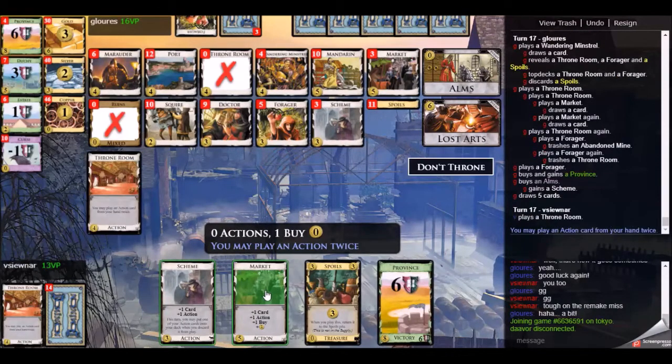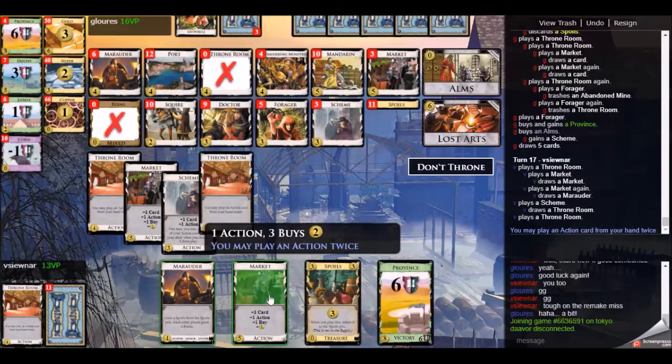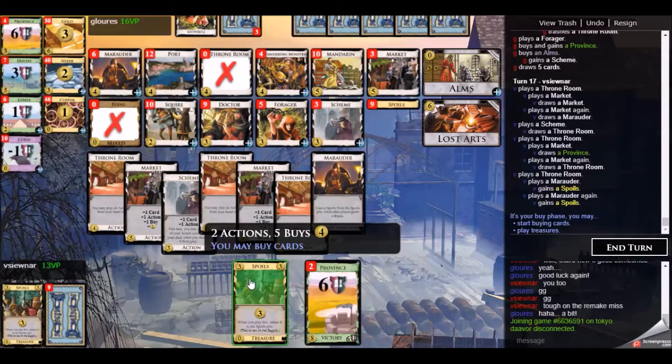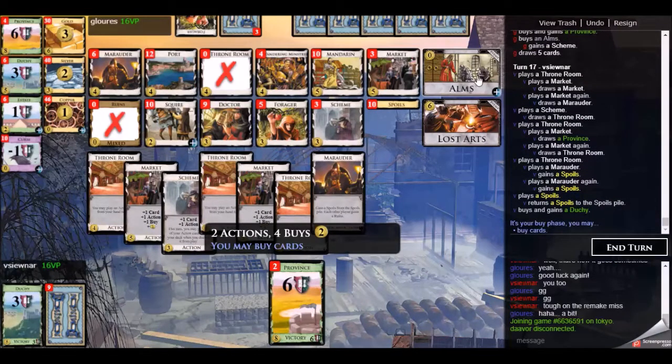Anyways, province number 2 for my opponent here. He's able to get up to 8 here. And unfortunately, I'm not able to do so. I just wanted one more coin to be able to get up to 8 here, but I wasn't able to get there. I was able to get 7 though, so I'm going to pick up the duchy